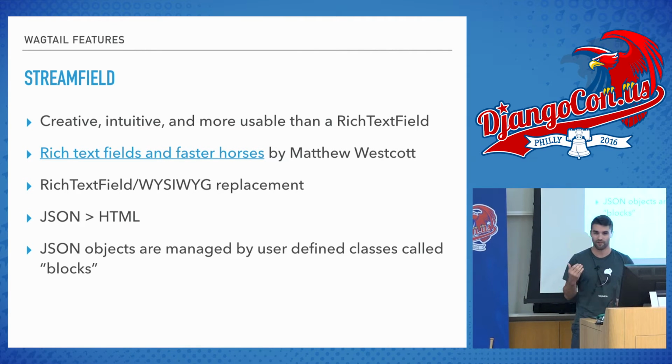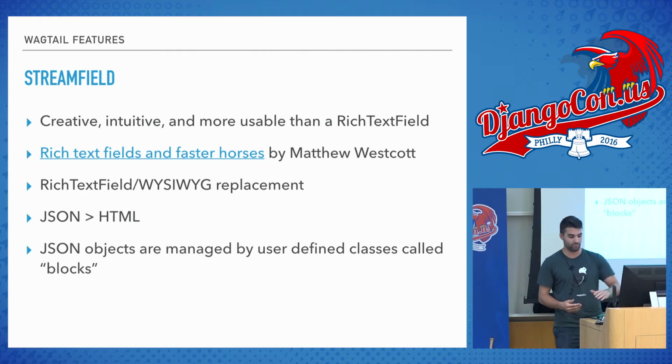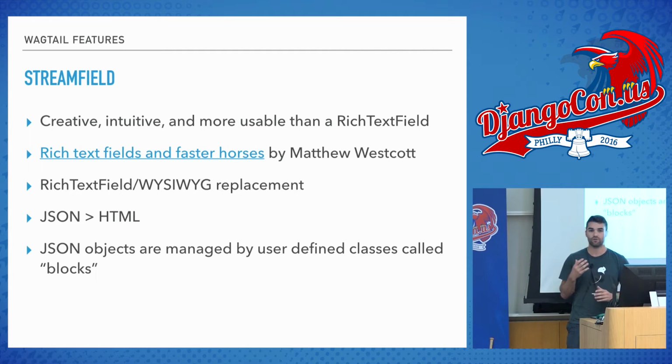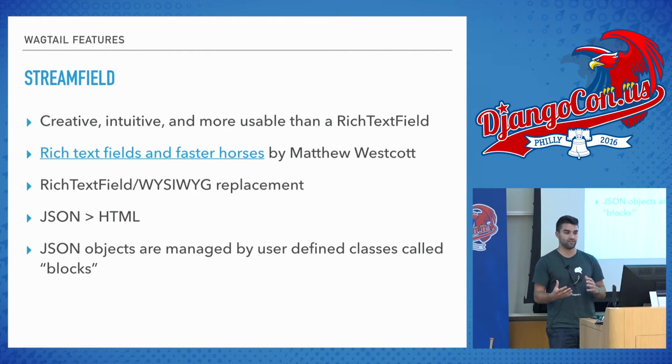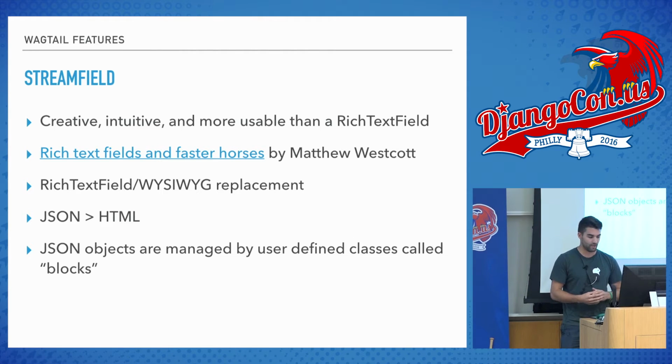the Henry Ford saying, I think I'm paraphrasing, I don't know if it's the exact quote, but he says something like, if I asked them what they wanted, they'd say faster horses, and now we've got cars. So this is the type of thing that we're talking about when I say rich text field, or WYSIWYG replacement. Instead of this blob of HTML, we're working with JSON. And in order to create these JSON objects, we're going to be implementing these things called blocks, which is a class that manages all this data, that just creates this nice structured block of content within this StreamField.